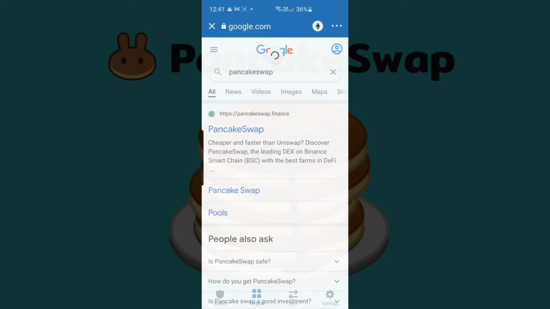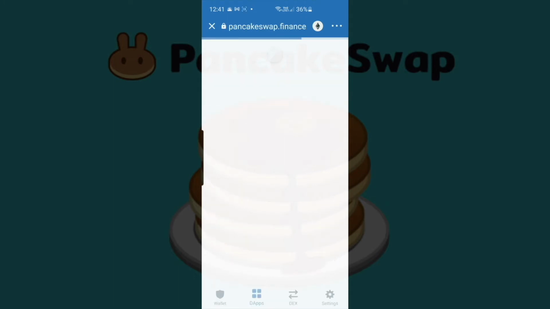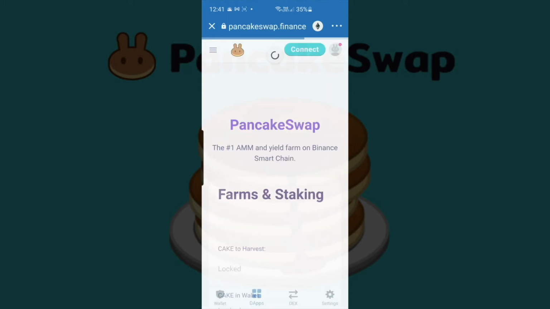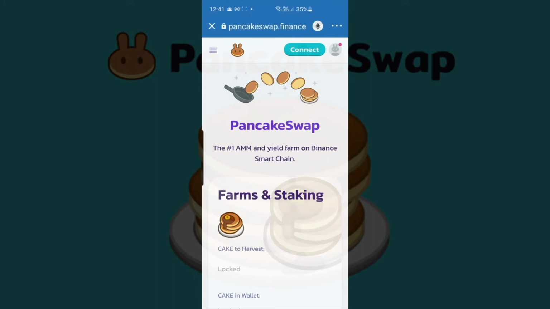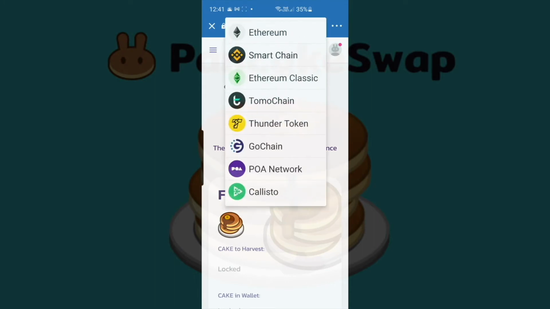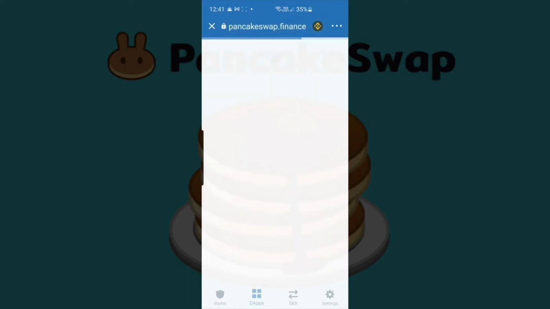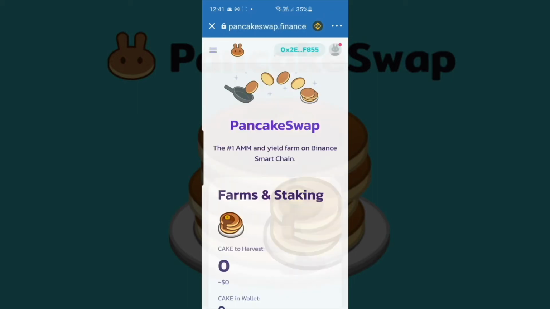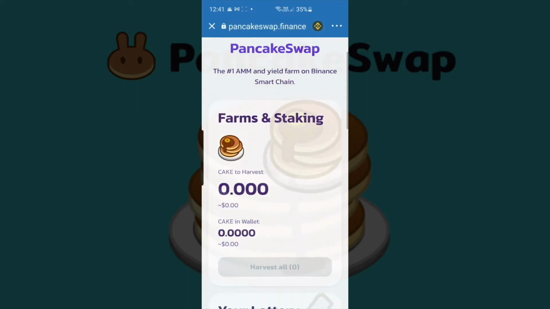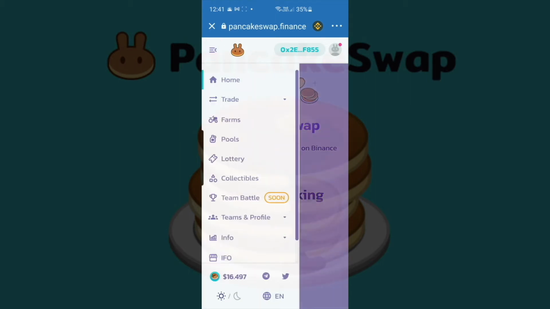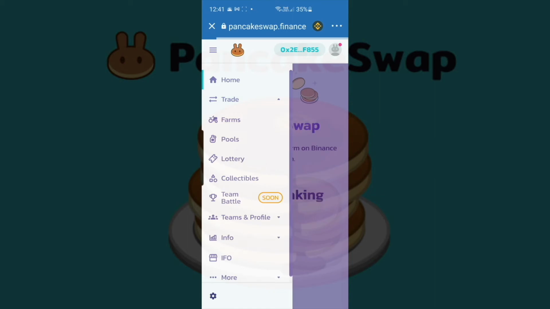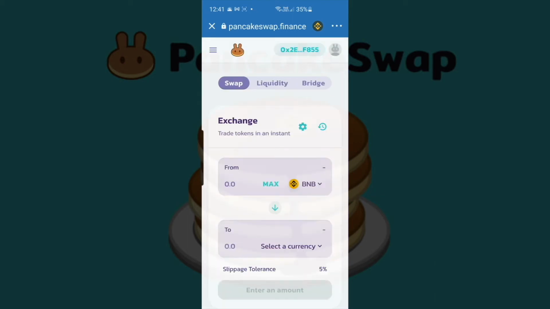So in the top right hand corner, you'll see a black Ethereum button. Now, if you've got your wallet connected, this will automatically go to it. So what I do, I click on that button and then I click into Binance Smart Chain, and that will give us the wallet. You can see it's connected in the top corner. Then you click onto trading,